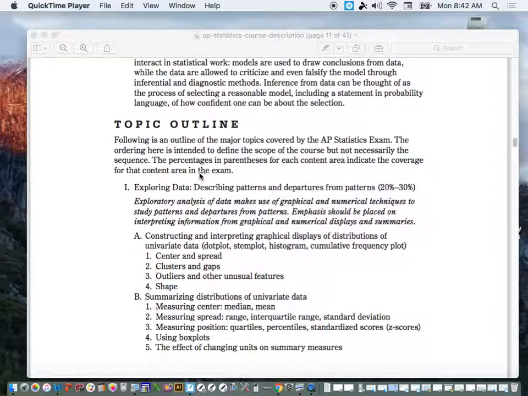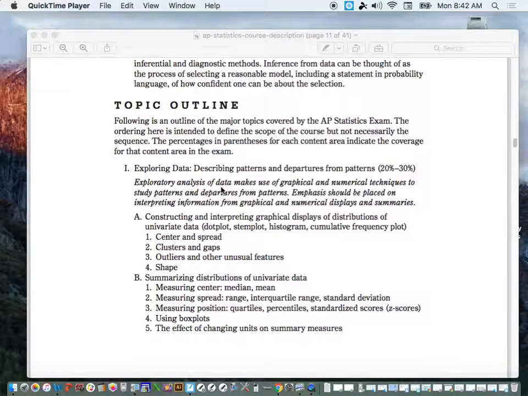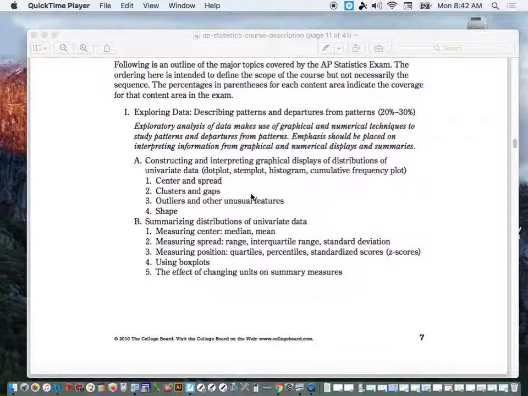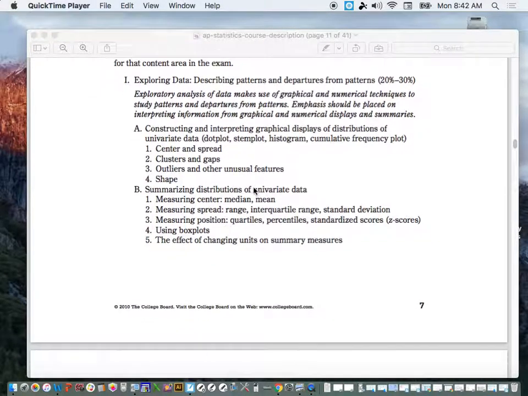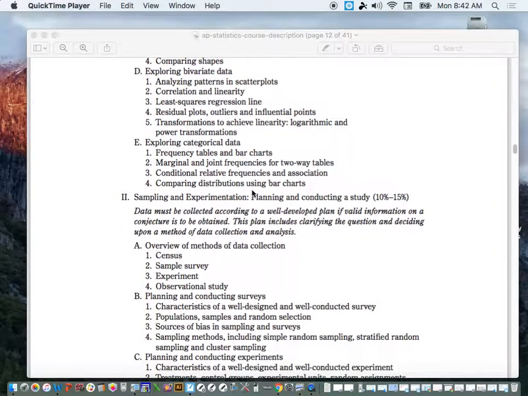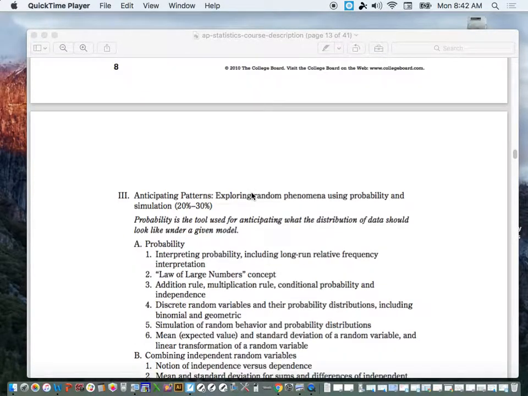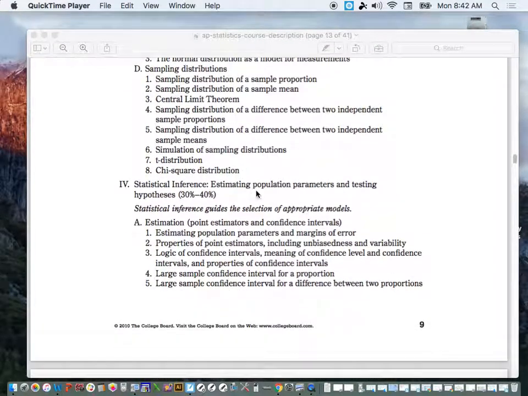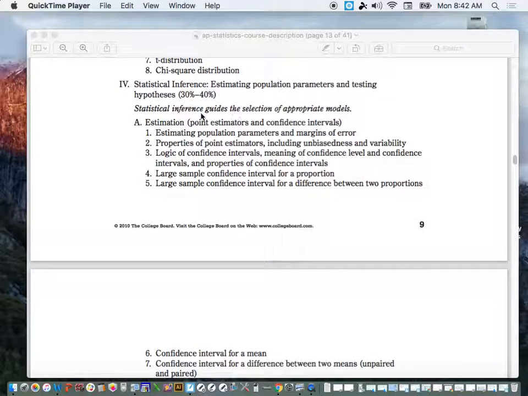Okay, and I've given you this topic outline here. This is also available if you search for it on the internet. The College Board gives you this, and it shows in detail all the things that you should be able to do in those areas. So if we look at statistical inference, can you estimate population parameters and margins of error? Point estimators, including unbiasedness and variability, the logic of confidence intervals,